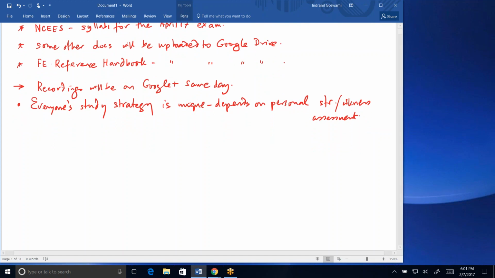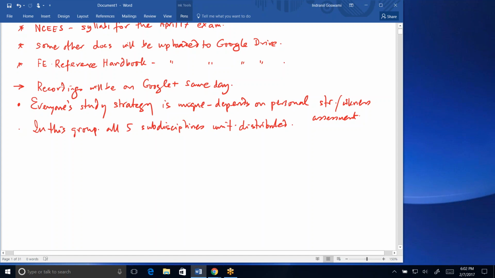So let's start with our strategy in this group. I'm just going to take a couple more minutes on generalities. In this group, all 5 sub-disciplines are more or less uniformly distributed. So something that I can do in terms of course planning is, for example, the last time or the time before last I did the course, there was nobody from structural depth, right? And when that happens,